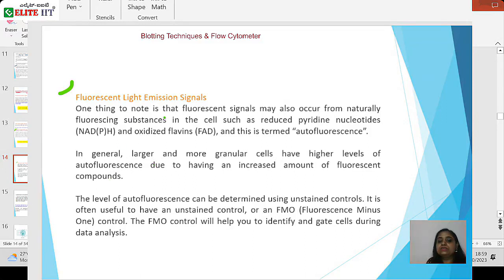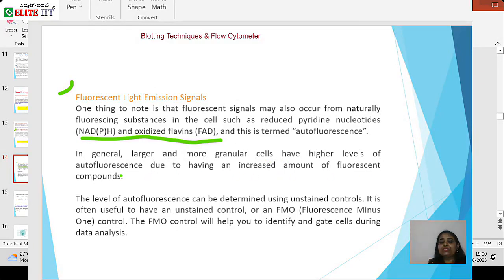One thing to note is that fluorescent signals may also occur from naturally fluorescent substances. Sometimes, without the addition of any fluorescent compound, these molecules can give you fluorescence. NADPH and FAD will give you a fluorescence peak. In general, larger and more granular cells have higher levels of autofluorescence due to having an increased